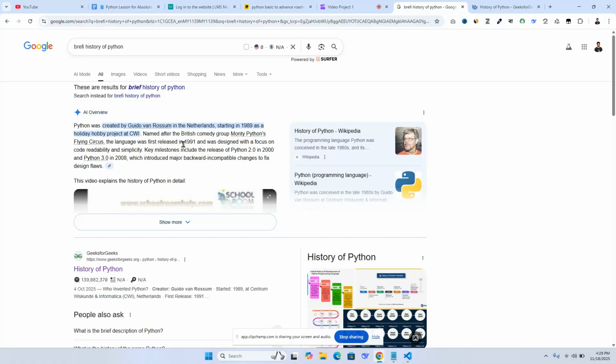The language was first released in 1991 and was designed with a focus on code readability and simplicity. Key milestones include the release of Python 2.0 in 2000 and Python 3.0 in 2008, which introduced major backward incompatible changes to fix design flaws.